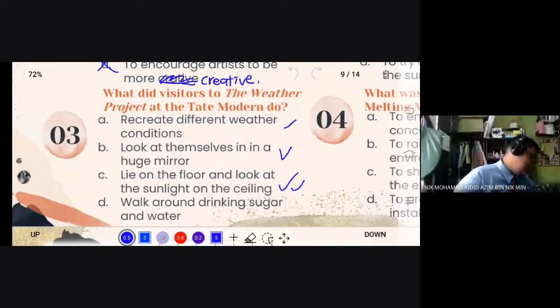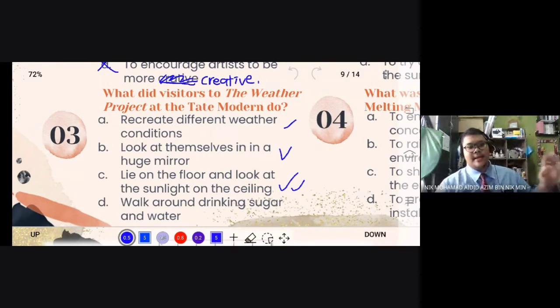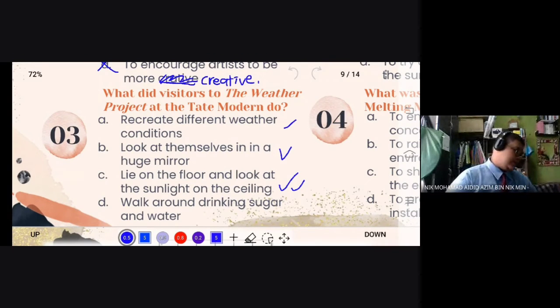There is only the glowing sun. The picture I showed you, or in your textbook, only shows the glowing sun. There is no rain, there is no cloud at all, right? So there are no different weather conditions. There is just one weather there. So A is not the answer.